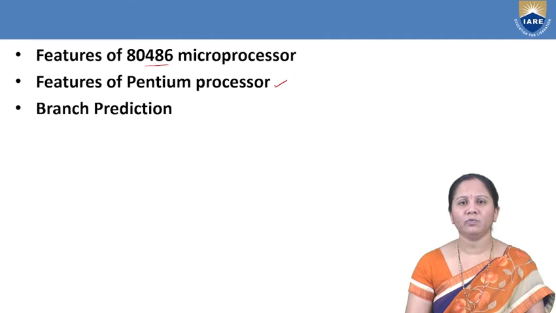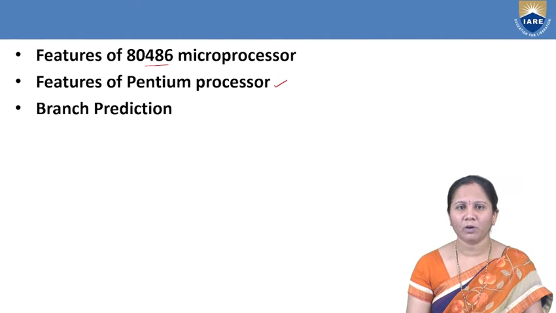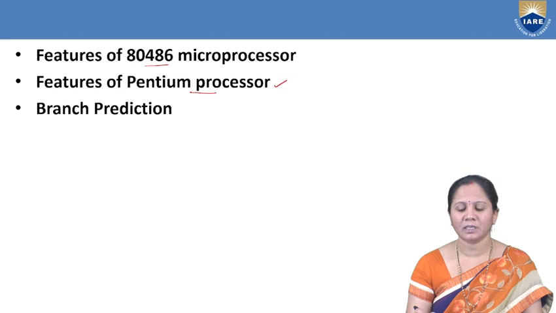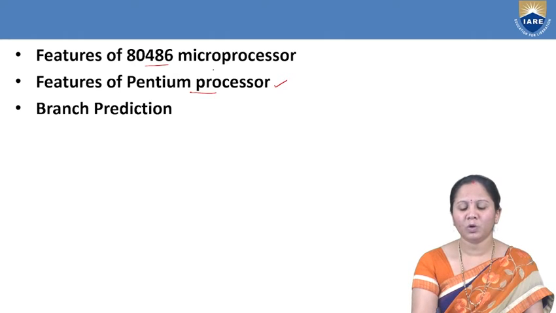Generally, the 80486, 80386, and 80286 are all advanced microprocessors. After the 80486, the 80586 microprocessor came into existence. From the 80586 onwards, whatever processors evolved, we call them Pentium processors. That is why the 80586 is a Pentium processor. So before going to the features of the 80586, that is, the Pentium processor, first we should know the features